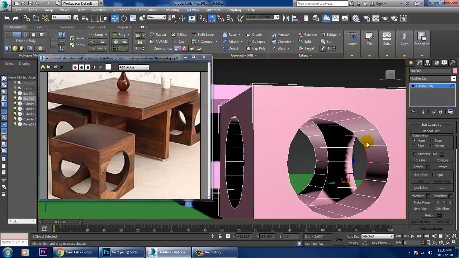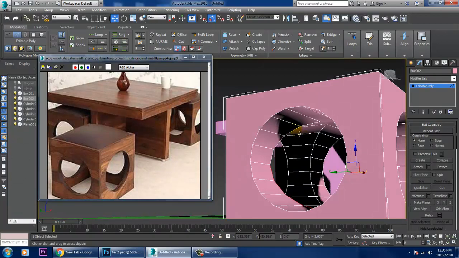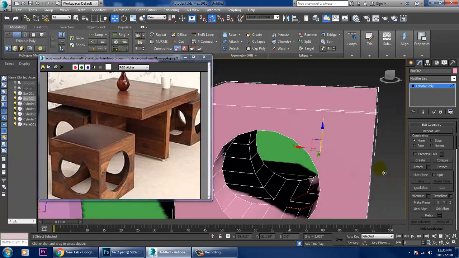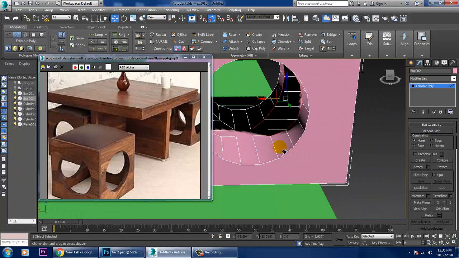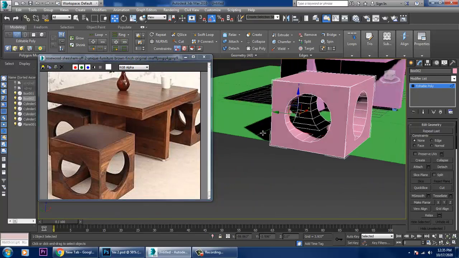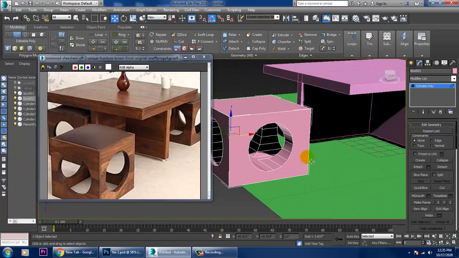I can easily select all these elements over here. You can push it inside, but we will keep it as it is.